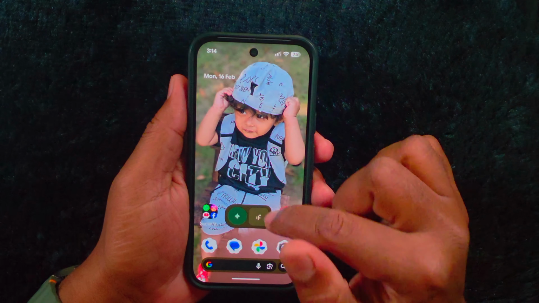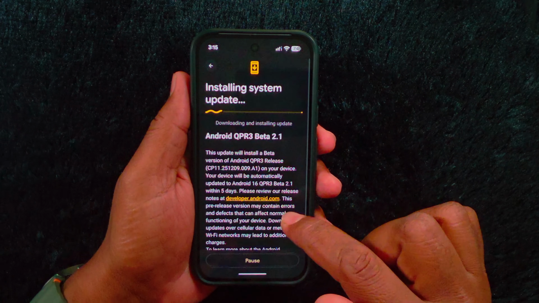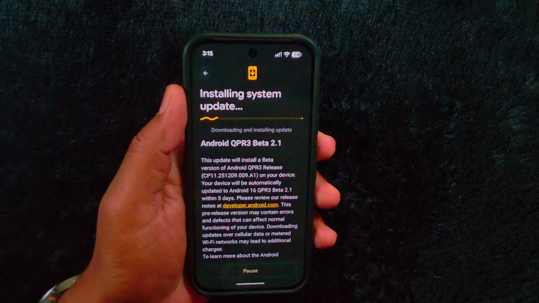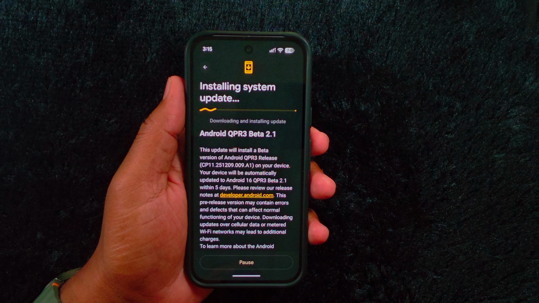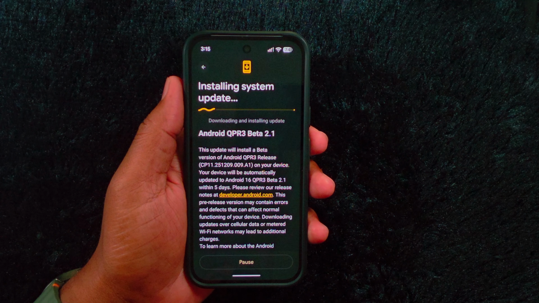The build version is CP11.251209.009.A1, and the update size is about 98.39 megabytes, roughly a 100 megabytes update. Now let's download and install this update on the Pixel device, then review what's new and what's changed in Android 16 QPR3 Beta 2.1. The Android 16 QPR3 Beta 2.1 update introduces a few minor changes and several bug fixes